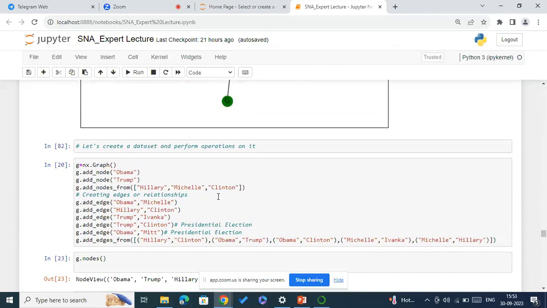Let's see another example. What we are doing is creating a data set. We can import one data set from Kaggle, or from somewhere else, and we can import a network and find out the